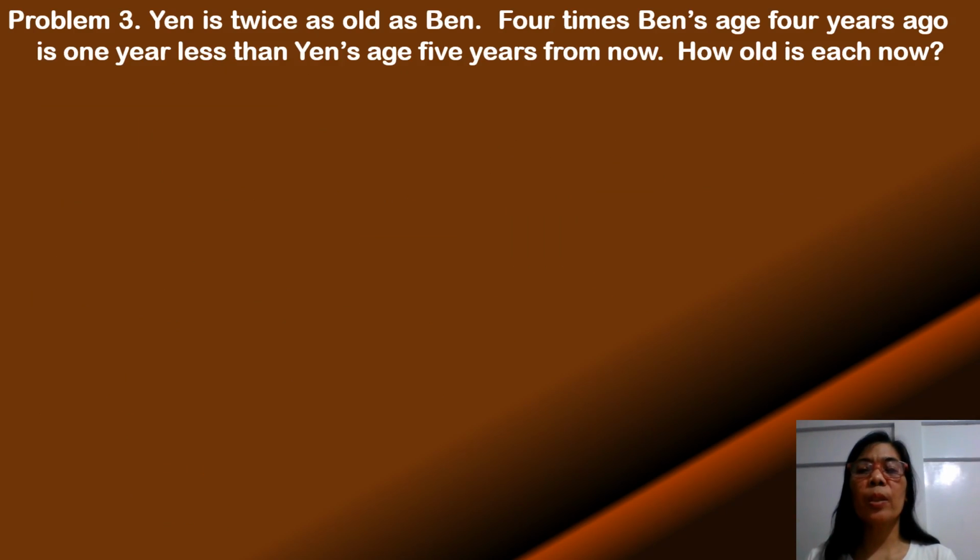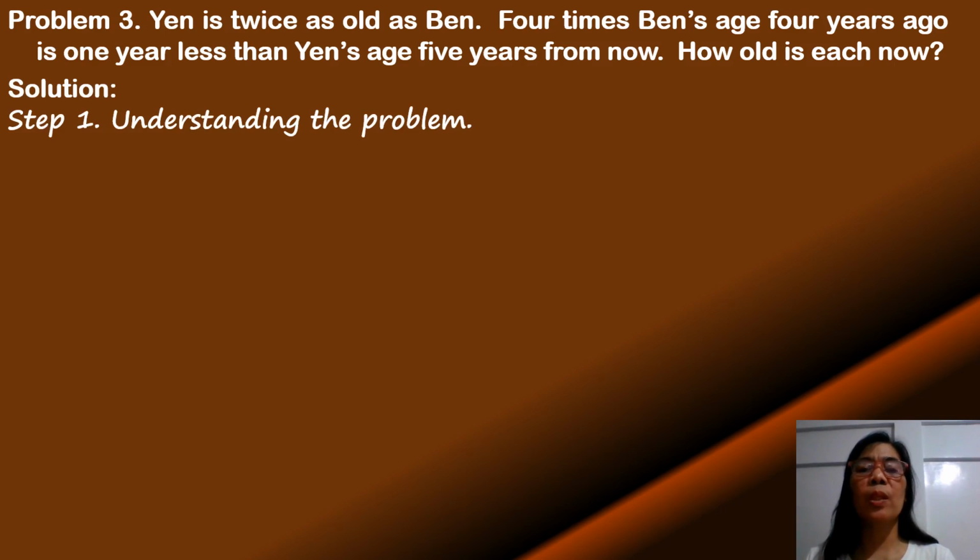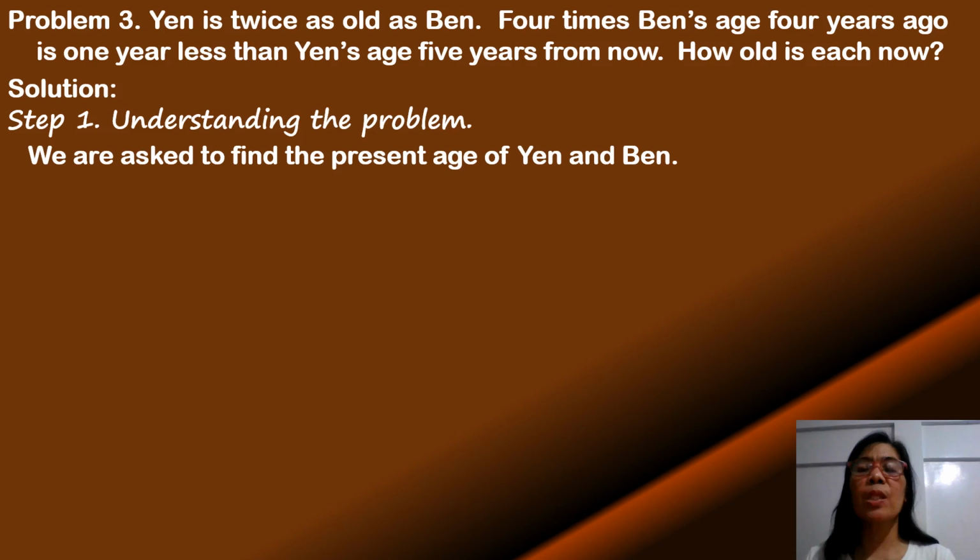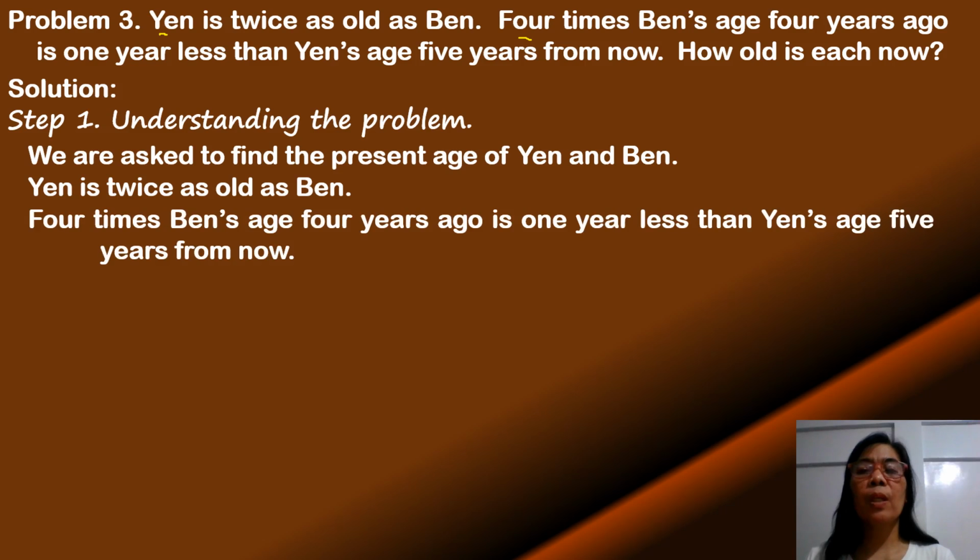Let us solve this problem. Yen is twice as old as Ben. 4 times Ben's age 4 years ago is 1 year less than Yen's age 5 years from now. How old is each now? Using Polya's four-step approach of problem solving, we start with understanding the problem. In the problem, we are asked for the present ages of Yen and Ben. It is also given that Yen is twice as old as Ben. Another condition is that 4 times Ben's age 4 years ago is 1 year less than Yen's age 5 years